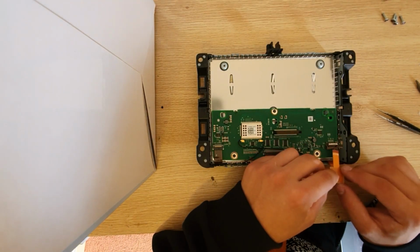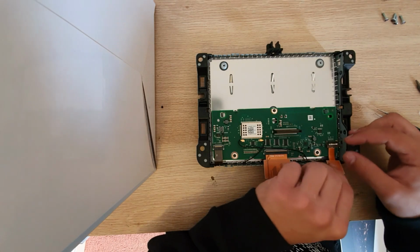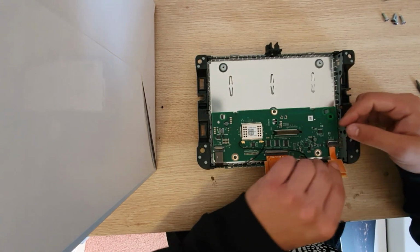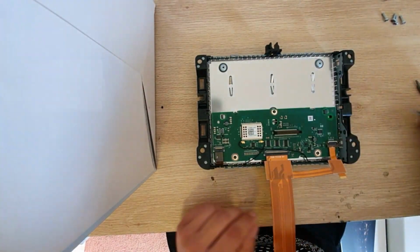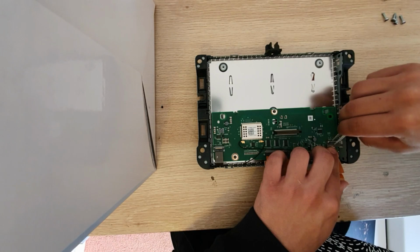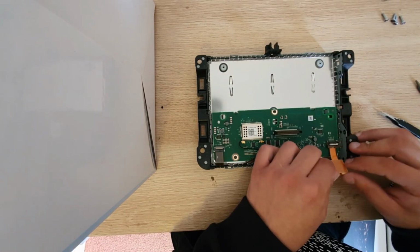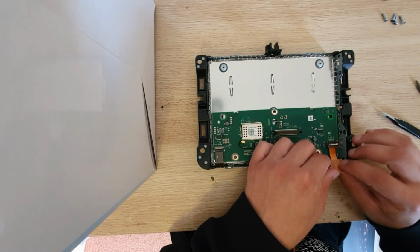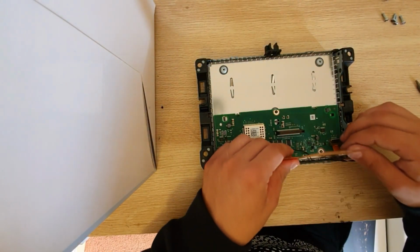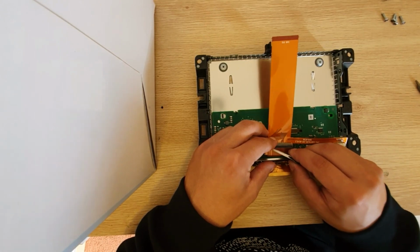Now here as well, we're going to put the touchscreen connector back in from this new ribbon cable. So go ahead and slide it in and close the silver flap. Just make sure that the connector is properly fitted. As you can see here, it seems a bit crooked, so we're going to open it again. And fit it right back in. There we go. Now we're going to gently bend that over, open the flap again,